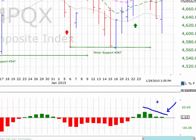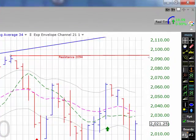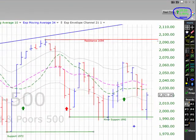Okay, let's take a quick look at the S&P 500. The S&P 500 yesterday was up 19.09 points, also up almost 1%, 0.95%. The S&P yesterday found support at its January 6th low in the 1992 area, and then turned and headed higher. S&P closed in the top of its daily trading range,